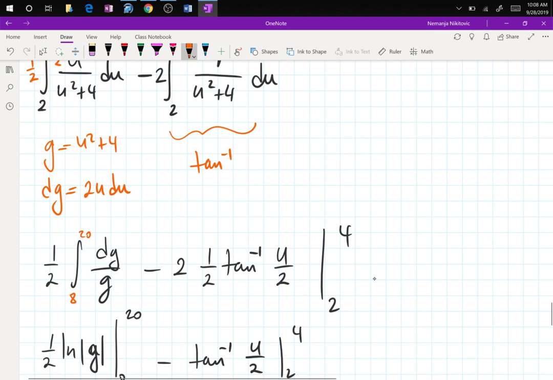Take the 2, stick it in here. There was a lower limit. 2 squared is 4. 4 plus 4 is 8. Stick it in as the lower limit. And now you don't have to go back to the old variable, because the new variable is in terms of g, and the limit is in terms of g, because look, g equals, you stick this number in, right, and you get g equals 8. So now the limit is g, the integral is g, and you don't have to go back, right? This is why definite integrals are better than, if we were to do this in the original,